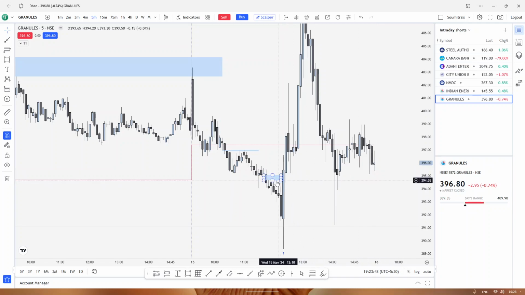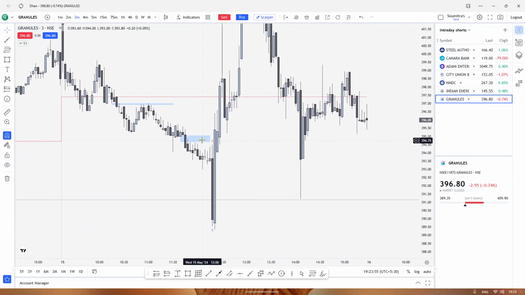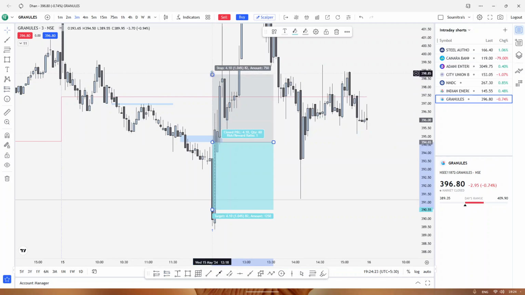So based on that, we took our entry from this fair value gap, and as you can see here, as the chart shows, the price never entered here, but actually it entered. It is all the ticks are not visible in the chart. So if you see this 394.65, so this was the 394.65. So actually this bearish candle did take this point, and so we were bearish from this area,